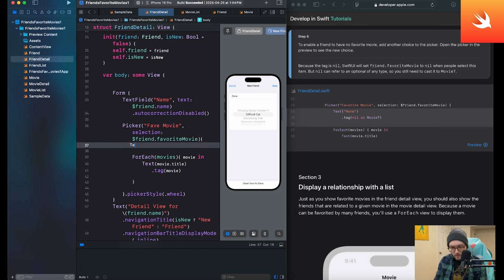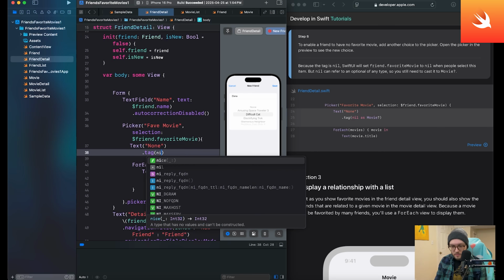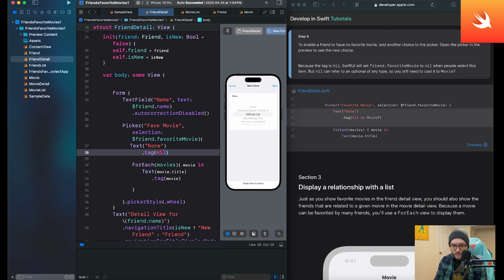We're going to be adding our own option to the picker, which is going to be the text of none. And then we're going to be adding a tag to that. And we're going to be saying nil, but not just nil, because nil can refer to an optional of any type. We need to basically say, okay, I want it to be stored as nothing, but as this specific type. So we can actually use the keyword as and then Movie with a question mark, right? Because if we just say nil, it can't really communicate that back and forth. So we're basically saying it's nil, but as the type of Movie,